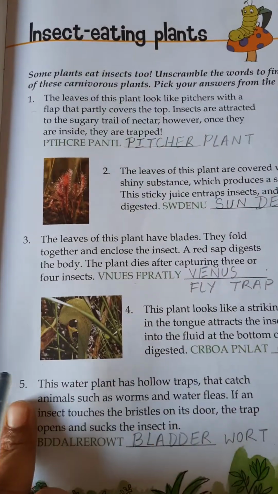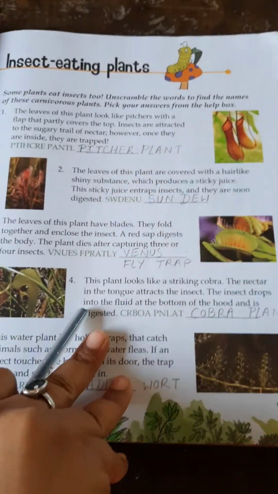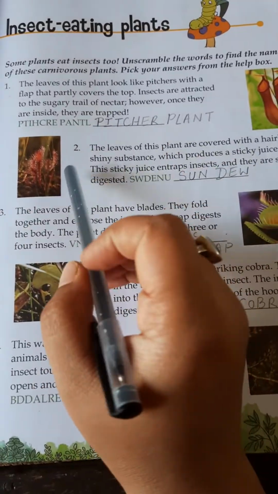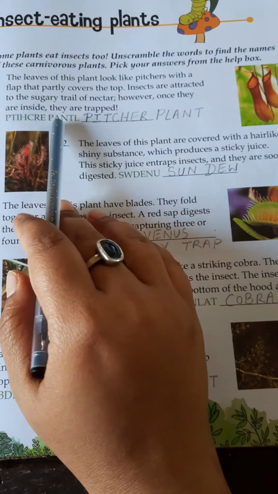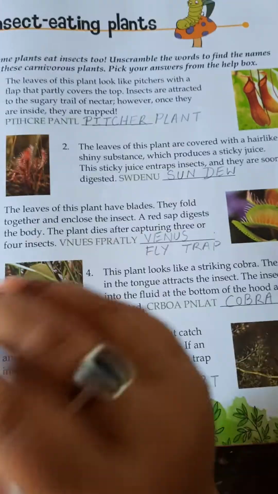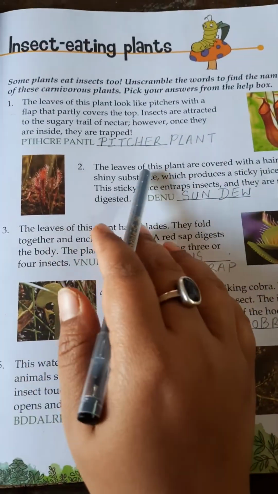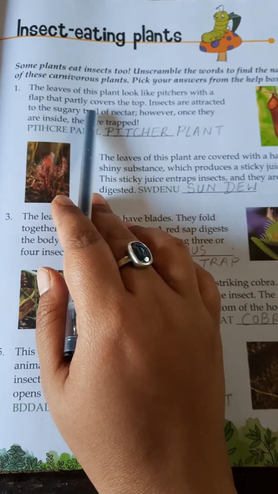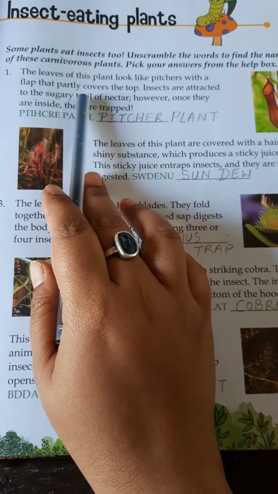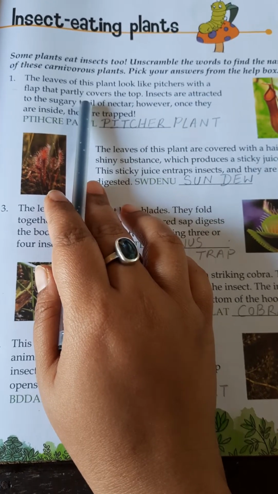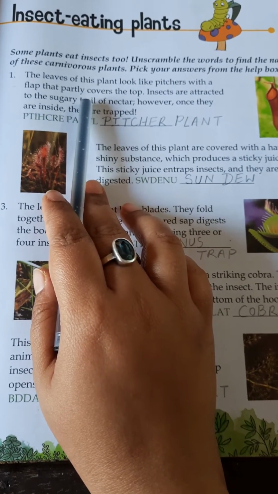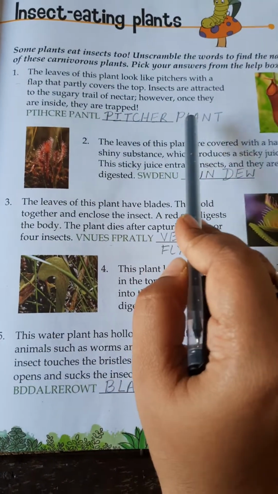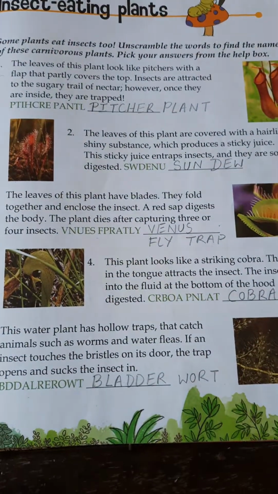There are five plants which are given. Five pictures are also placed over here. You will be seeing the pictures as well. And what they have done is they have jumbled up the name of the plant. You have to unscramble the word and write it properly. I have done it for you all. You all just need to read the full clue or the full characteristic of the plant which is given. You have to read this full portion, because match the following or fill in the blanks, anything might come from here. So you need to read this full portion, and what I have written, just see it and see the correct spelling and write accordingly.